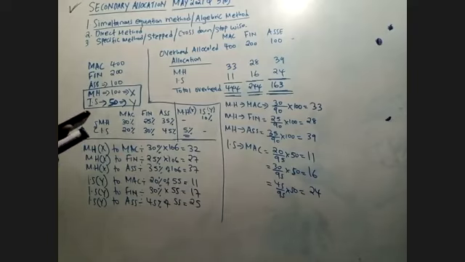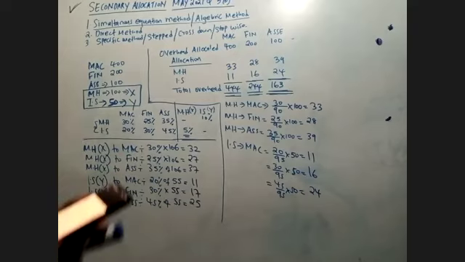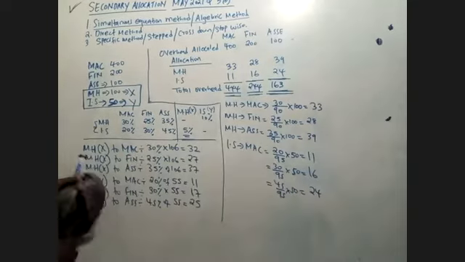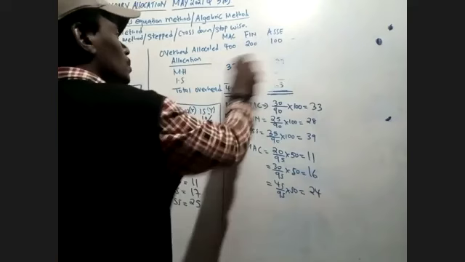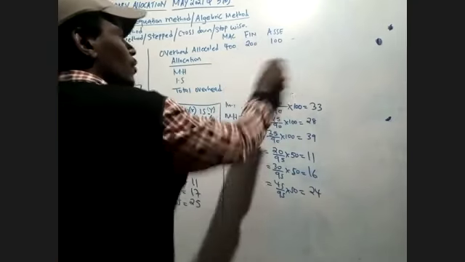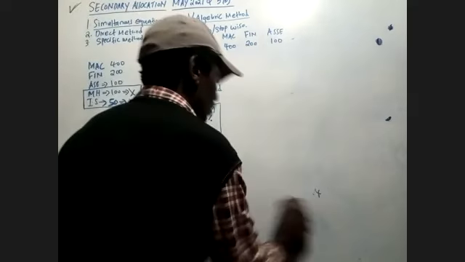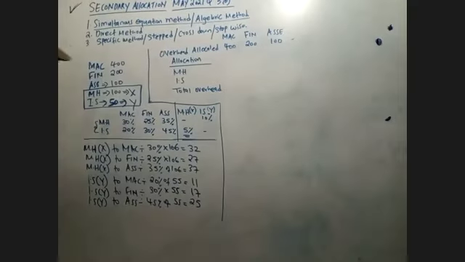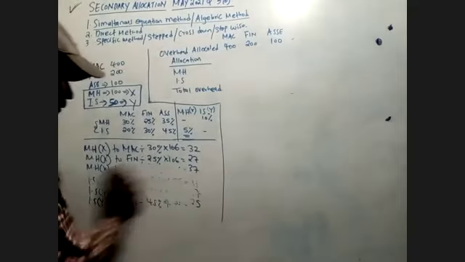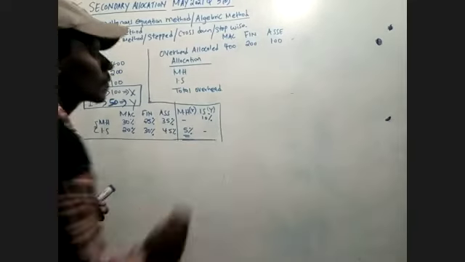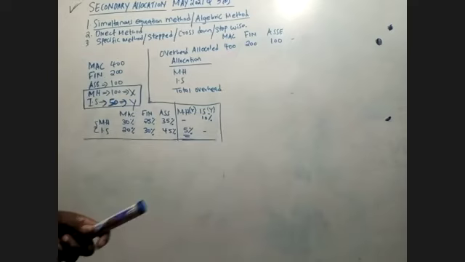So let us try. Now sijui kama inaonekana, we need to add something kwa hii format yetu. So itabaki hivyo venye iko, but we need to add something. So we need to add the two departments hapa,